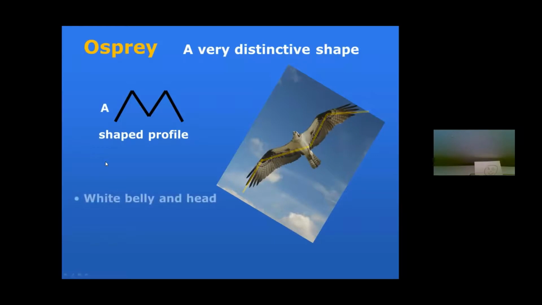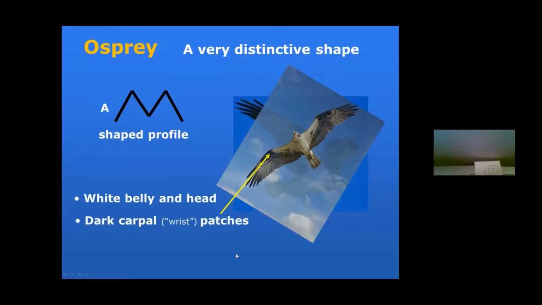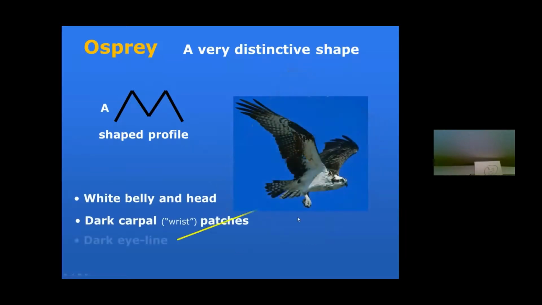All right, the osprey. We all know the osprey comes up in late March from Central America, South America, and has a distinctive M shape, or I call it the M profile. It looks like it has a crooked wing. So not too hard to identify an osprey. Once you see that shape, you don't have to see anything else. And it's a decent sized bird. You've got yourself an osprey.